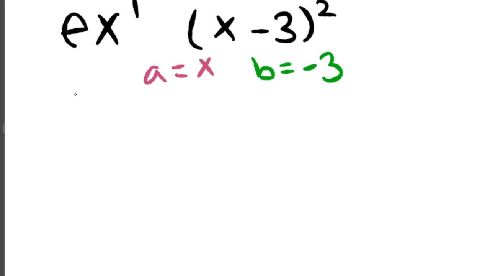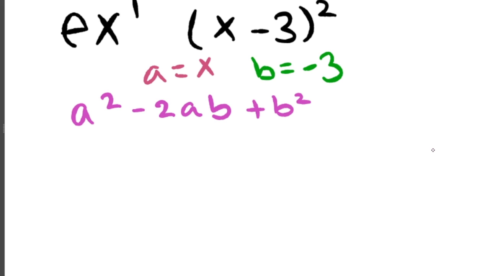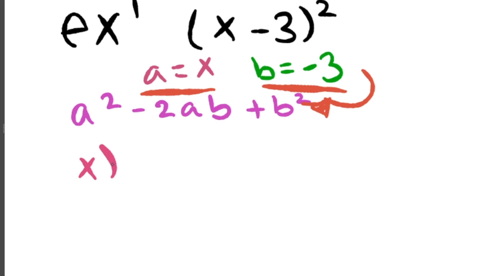Now we know that when we have a square of a difference, our answer will be a squared minus 2ab plus b squared. So now all we have to do is plug in what we know into this equation. We know that our a is x, and it's going to be squared, minus